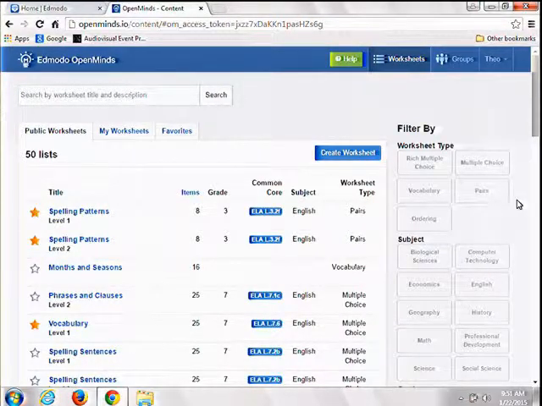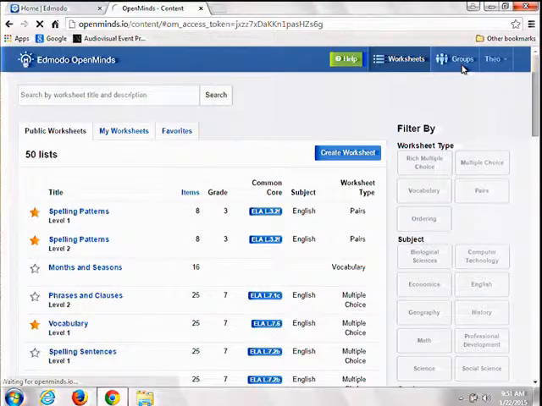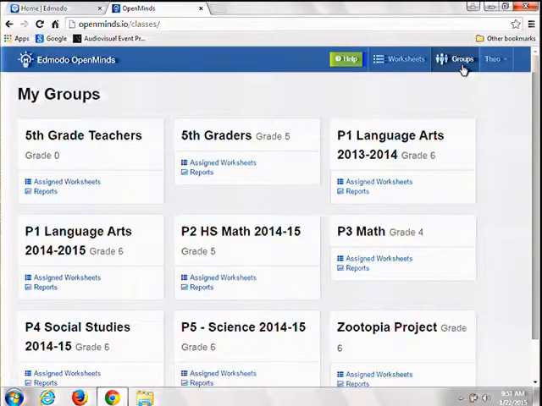Okay, so I've launched into Open Minds. You can see it came up in a new tab here. And so again, here's the idea of this. These are practice apps, these video game activities that I can assign to my students. One of the things I want you to notice, if I come up over here to groups, all of your Edmodo groups that you've established, it pulls over automatically. So I can assign any of these based on those groups that I have set up. So let me go back over here.